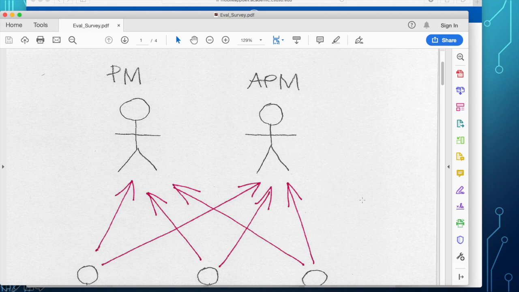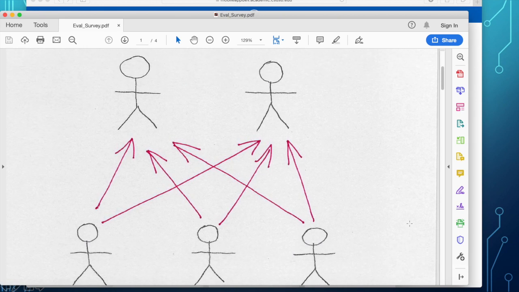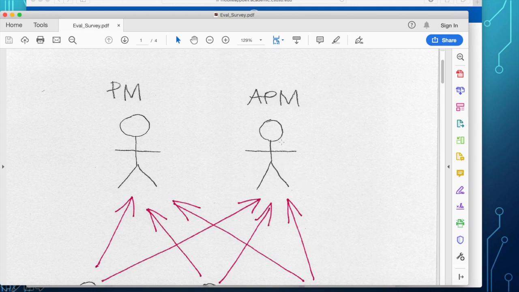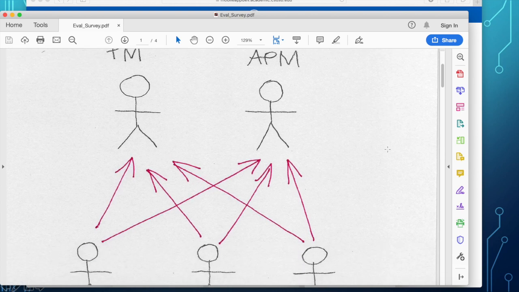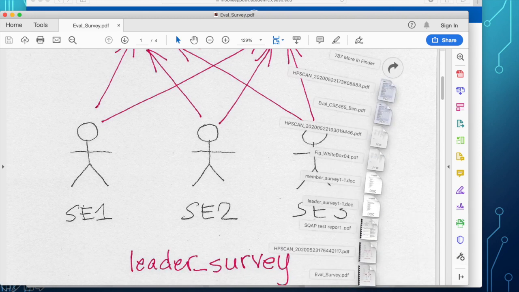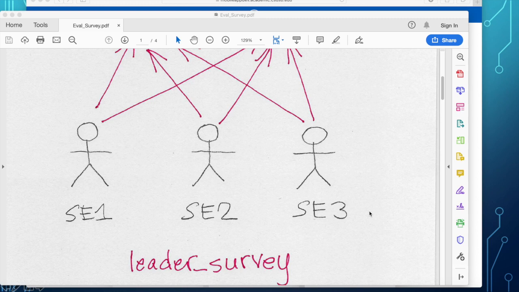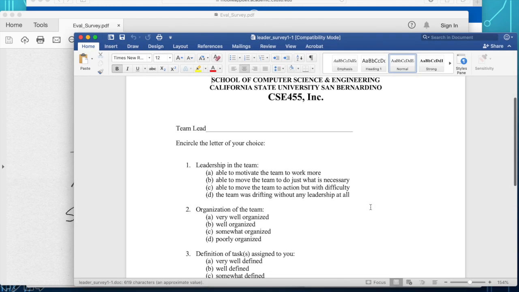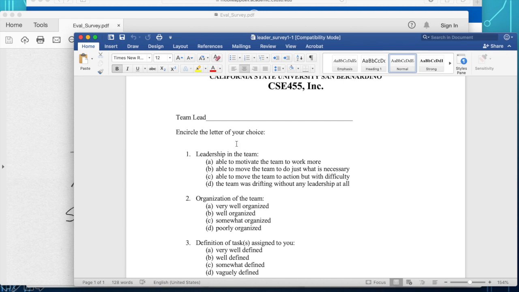So every member of the team will have a separate evaluation for the project manager and the assistant project manager. So you will evaluate them separately. And here is the form that you are going to fill up. Okay, so the form is for the team lead. You put the name of the project manager or the assistant project manager,